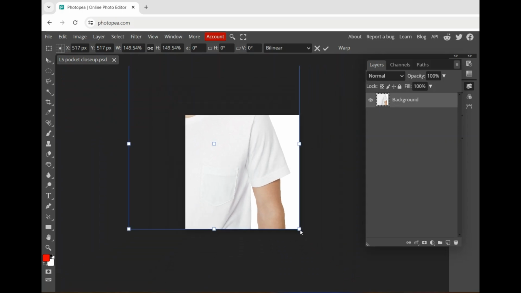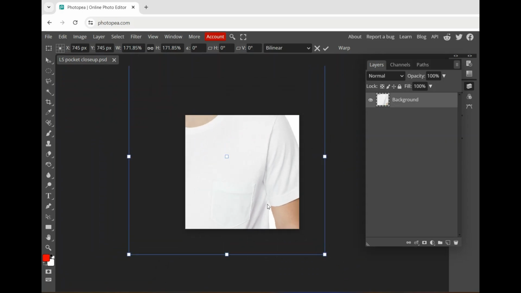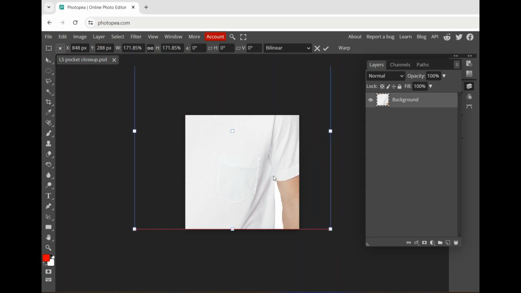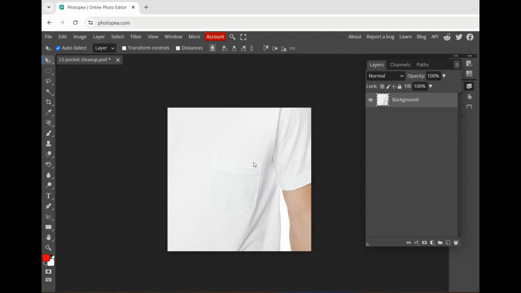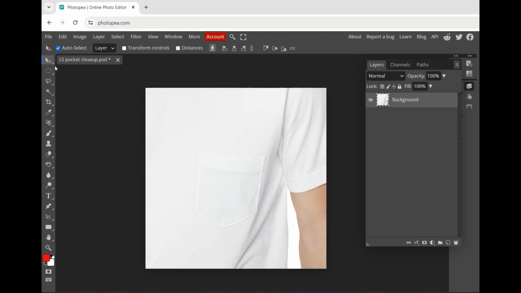So once we have this as big as and centered as we need to, like this, we're going to say check to save the changes, hide again the transform controls, and what we're going to do is we're going to pick the ellipse selection, find close to the corner but not that close to the corner, so we can put